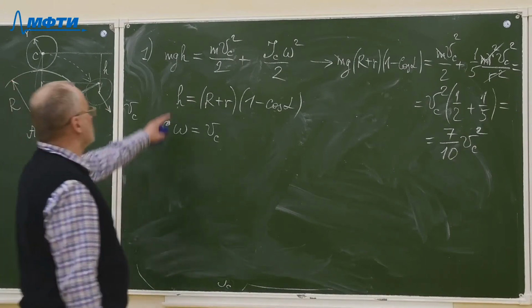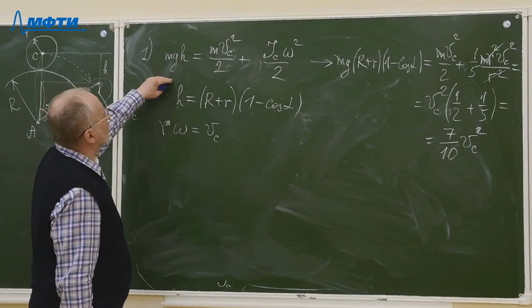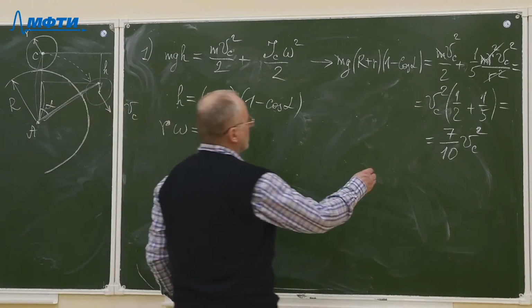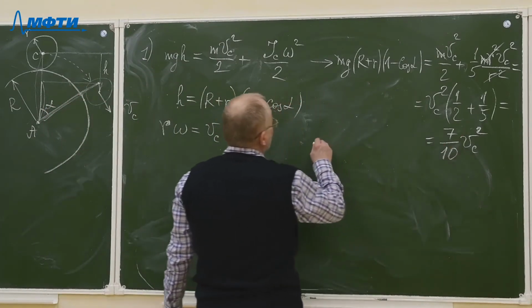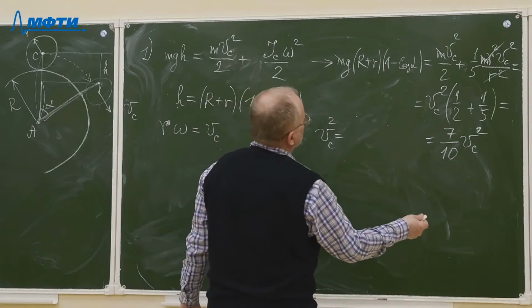So from the first equation, from the first law of physics we have used here, from the law of conservation of energy, we may obtain from here the velocity of the center of mass squared, which will be